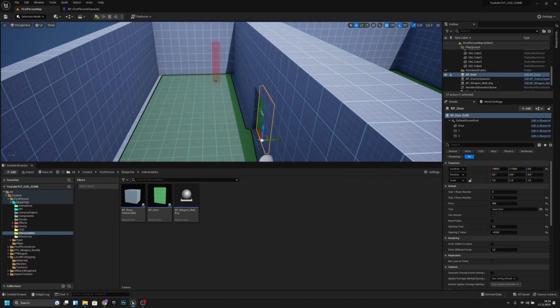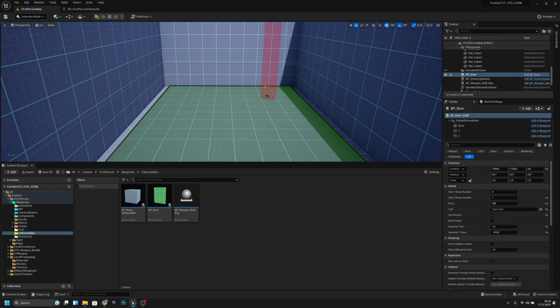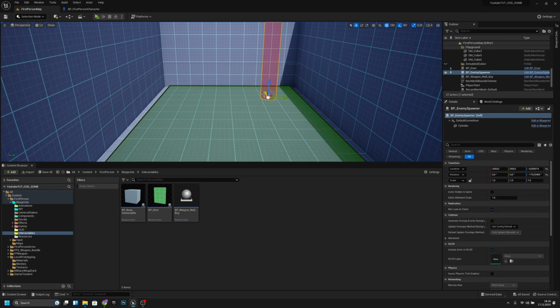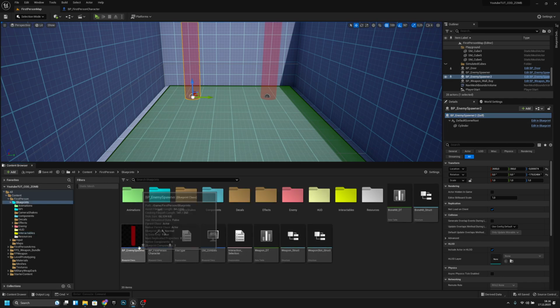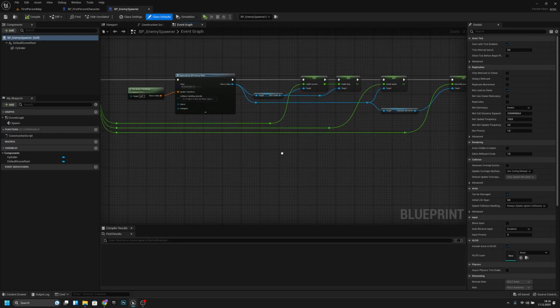So first thing we want to do, we want to actually add these spawn points to the map. So let's duplicate this first one, let's move it to here. So now we have two. Actually, we have to go to the zombie spawner. Let's open that blueprint. Okay, we cannot do it like that. We want to go to the enemy spawner. And now we have this,